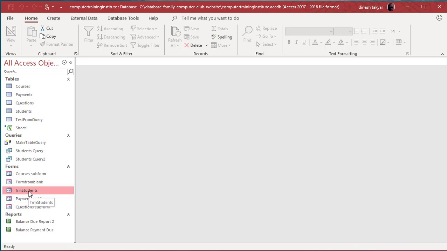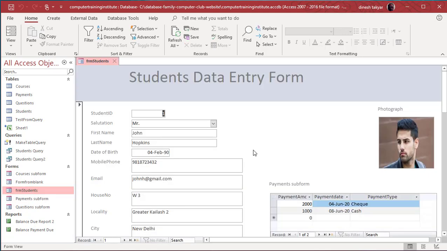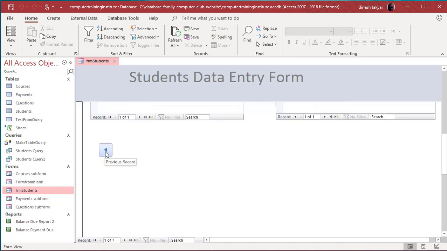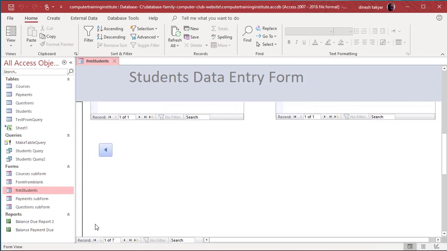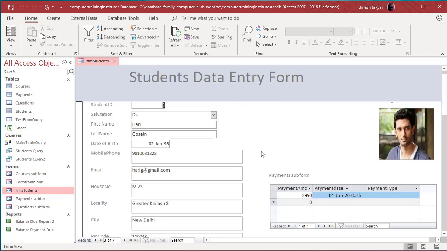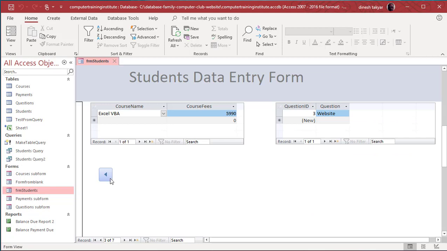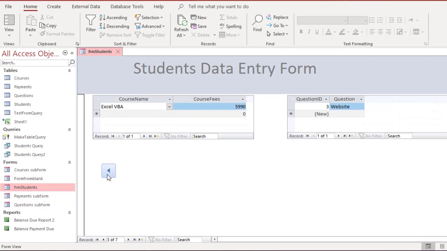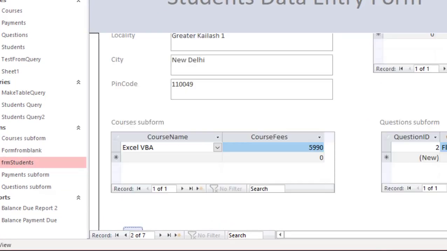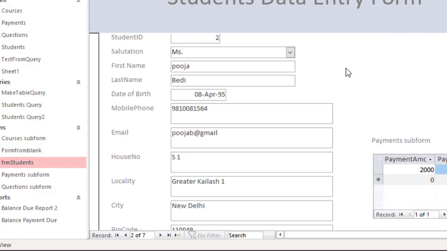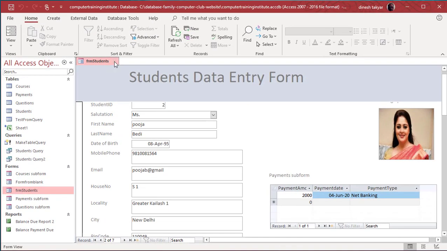And let's double click on this form students, and you see here when I hover my mouse over the button, you can see the tooltip called previous record. So if I go from here, let us say to the second or third record, and I come down, if I click on this button, I will go to the previous record. In this case, it should be 2. So there it is. I am in the second record. Okay, I'm going to close this now.